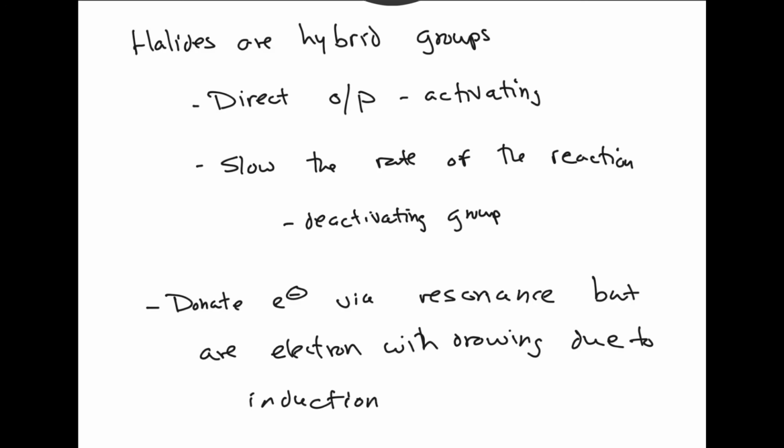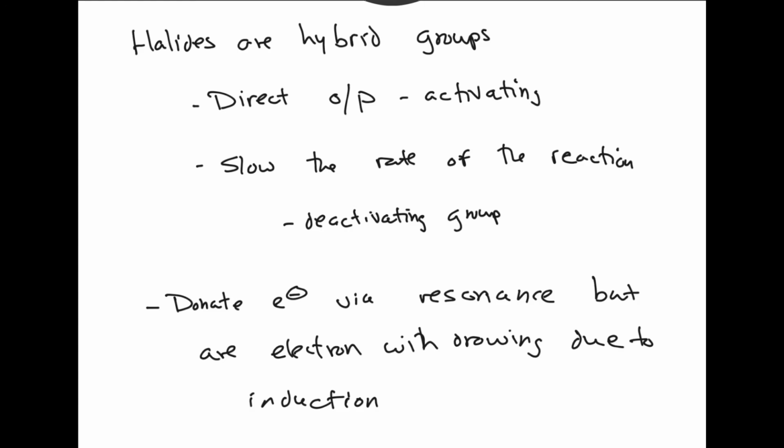So all induction means is by the sheer fact that halogens are electronegative, they pull electrons towards themselves. So they're pulling electrons towards themselves not through resonance, not where you can draw a bond going to them, but because they're more negative than the atoms they're bonded to. So through their single bond, they tug the electrons of that single bond towards them and pull electrons out of